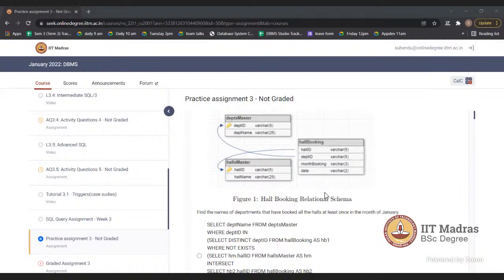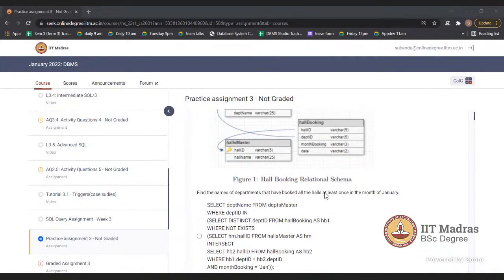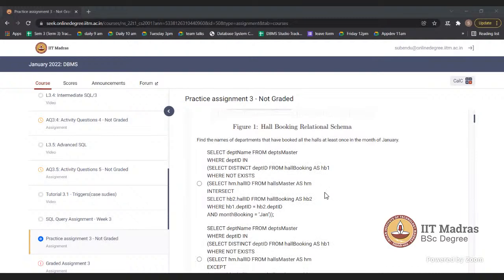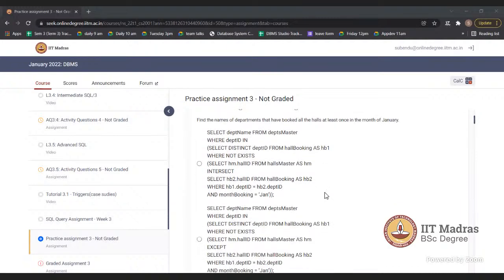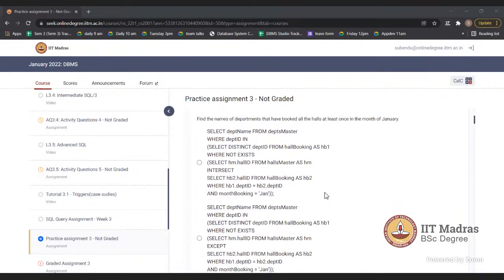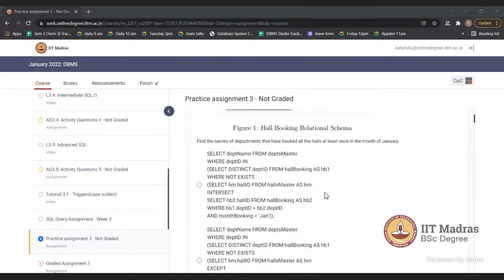And in the clause where we are fetching all the January booked halls, let's say we got 3 halls, like 8001, 8002, and 8003. Then in the EXCEPT clause, those 3 halls will be deducted from the 10, and we will be left with 7 halls.